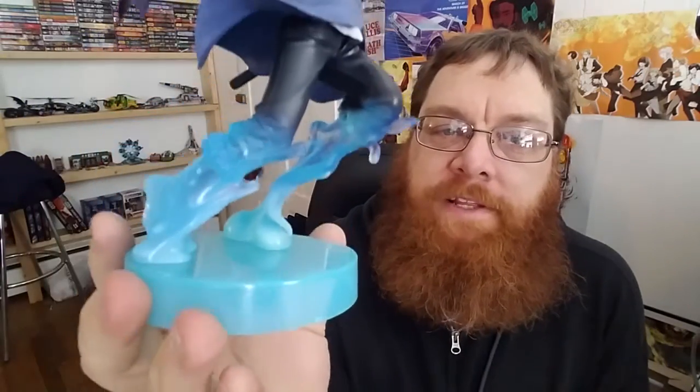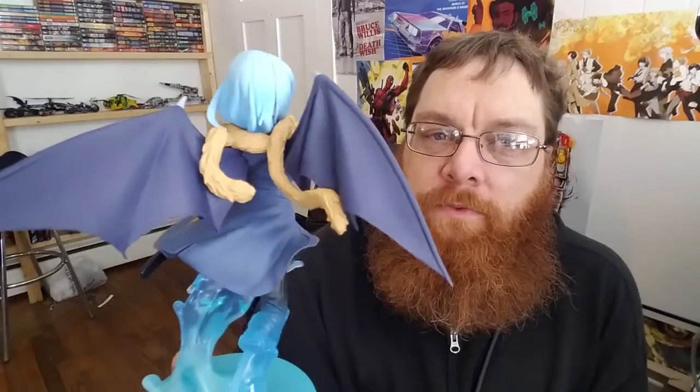I mean, look at that. I love it. Like he's transforming from slime into his humanoid form with his wings. I love the detail on the scarf. I don't know if you can see that. My camera wouldn't focus, but it actually looks like it's kind of furry. The blade, I just gotta...